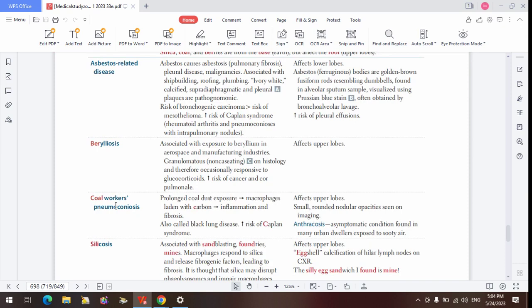The coal worker's pneumoconiosis is also one of the common ones. It is more like black lung disease, and it's due to chronic exposure to coal dust. So people that work in coal industries or coal mining and all those things can be exposed to this coal dust for a long time. And when they inhale those coal dust into their respiratory tract, the macrophages are going to respond to them, just the way they do to asbestos and beryllium. They engulf those carbon components, which will eventually lead to chronic inflammation and fibrosis at the end of the day.